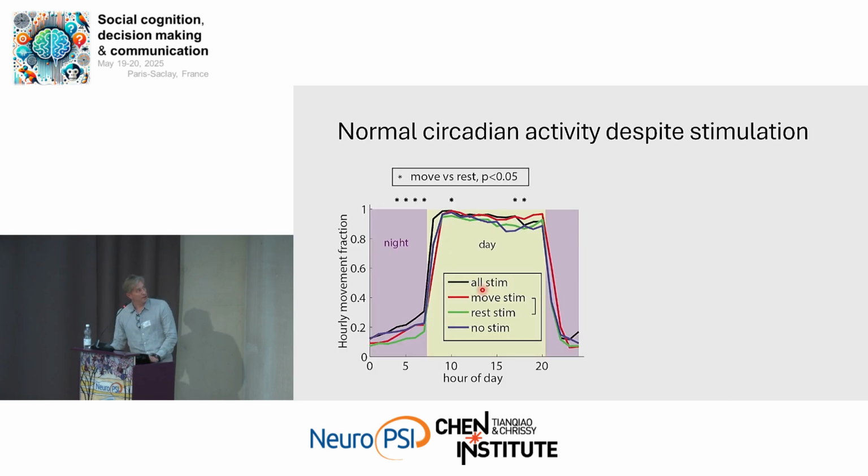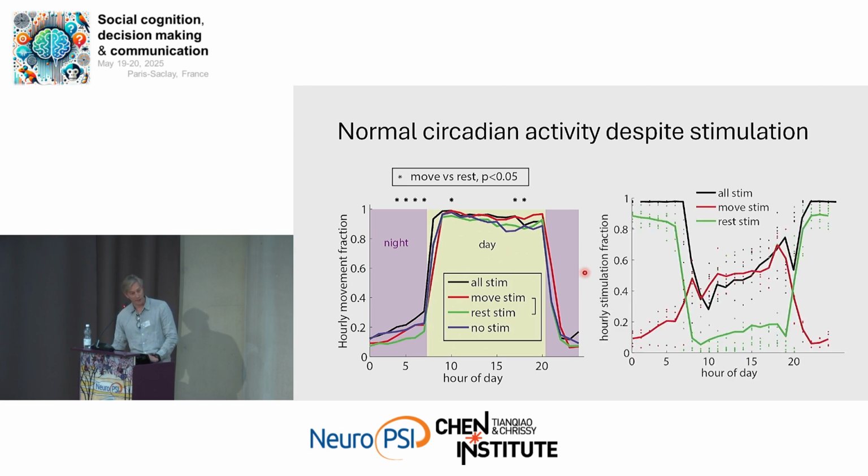And then you could see all three bird groups actually moved during the day. This is the amount of movement. The yellow area is during the day. So they all moved during the day and they moved less at night. First we were worried that this stimulation would be brutal for birds, that it would be driving them crazy. But if you look over here, the green curve, these are the rest stim birds, the birds that are stimulated while they rest. They actually moved less. So they were not trying to avoid the stimulation. Maybe they even liked it. They didn't move to get more stimulation. So we were not so worried after this.